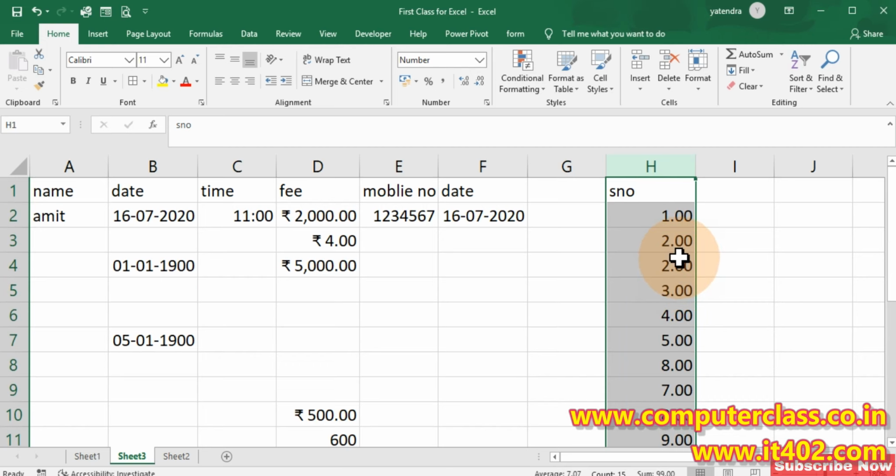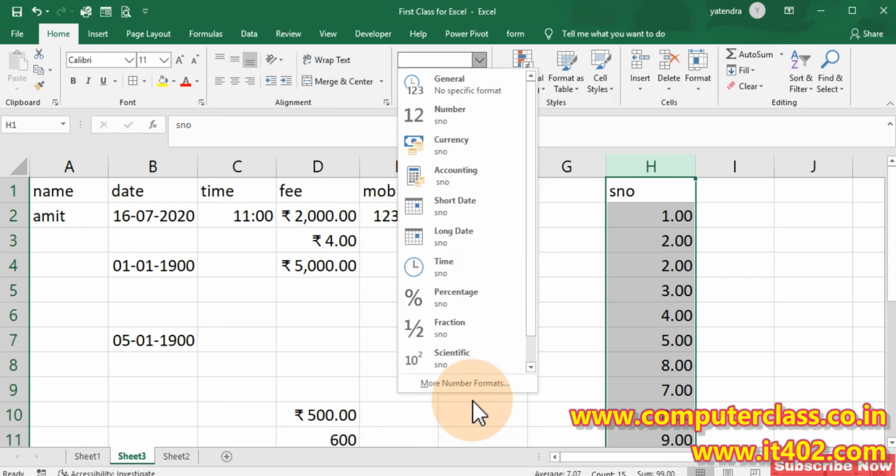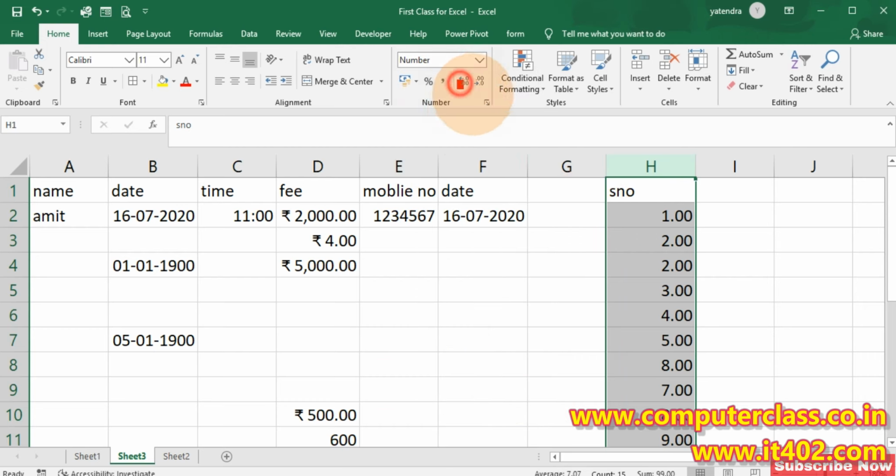Now, how can we make changes in the format? You can click here and choose the area like More Number Formats to make changes in the formatting of the data or the number format. Or you can use this particular area as well.